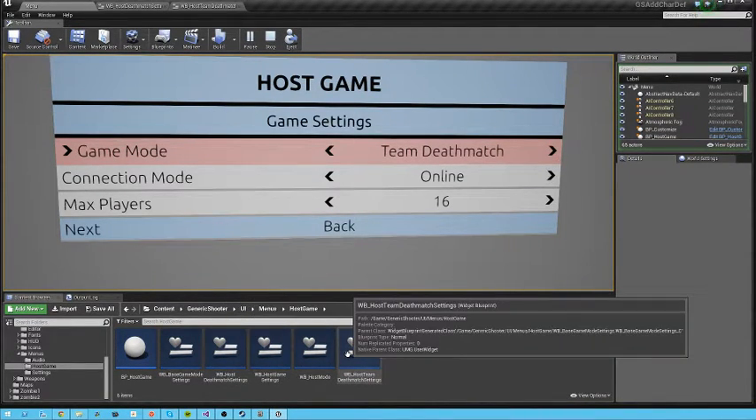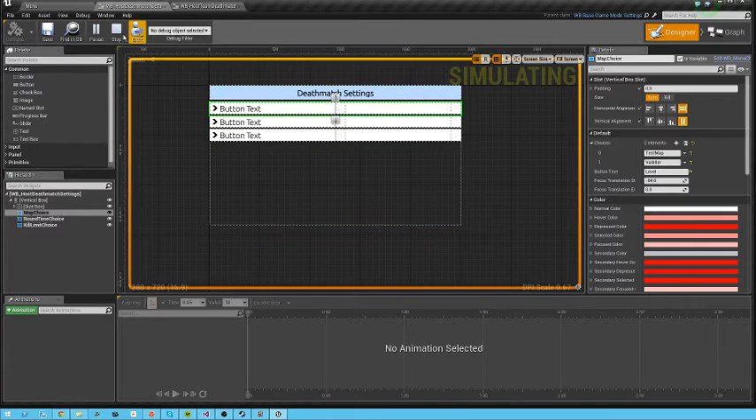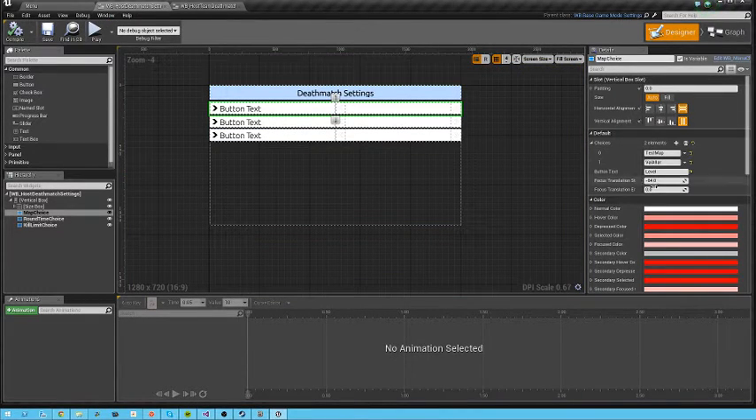And you're going to want to change both of these if you want your map to show up in both. If you want your map to only show up in team deathmatch, only edit the team deathmatch one, and vice versa. So I'm going to open up host deathmatch settings, and on the right here under the details pane,